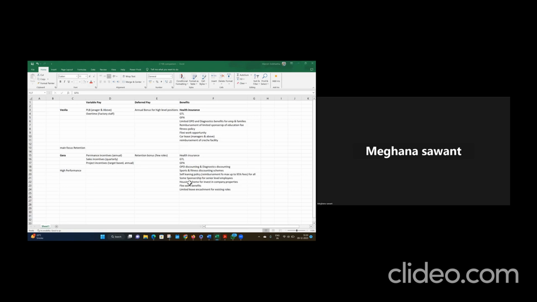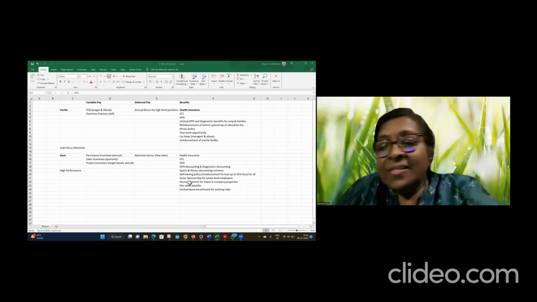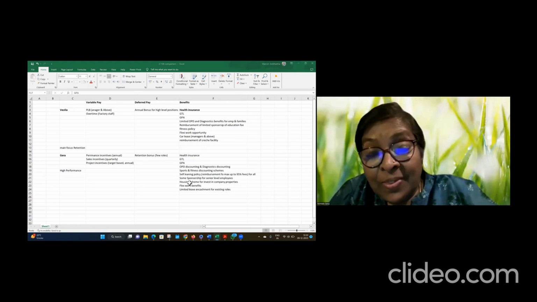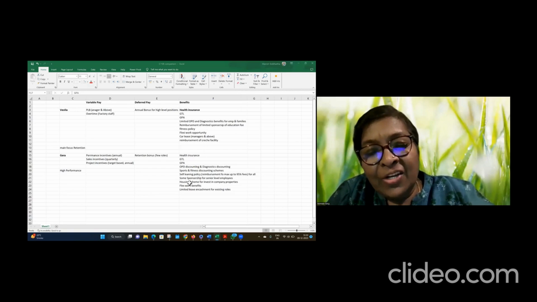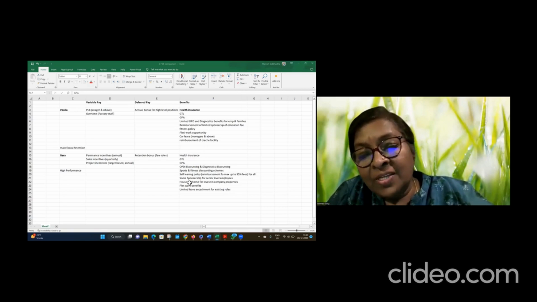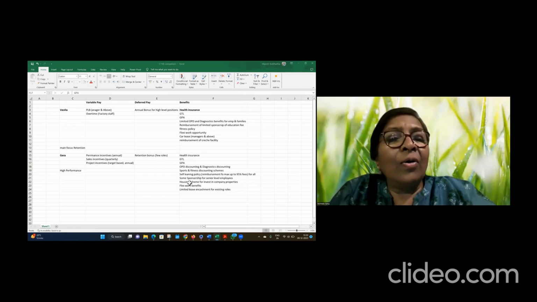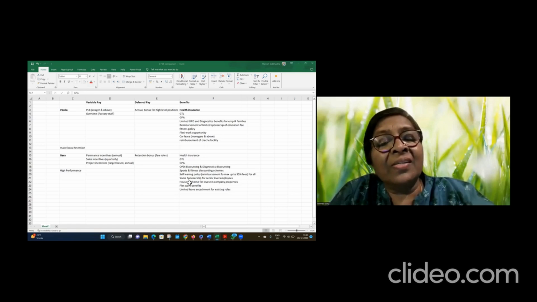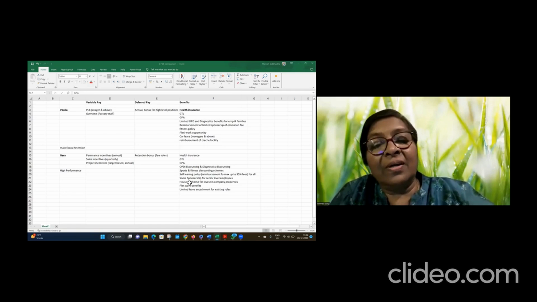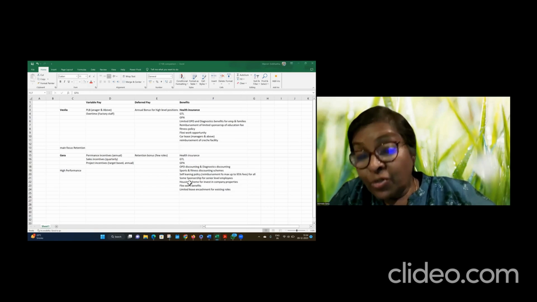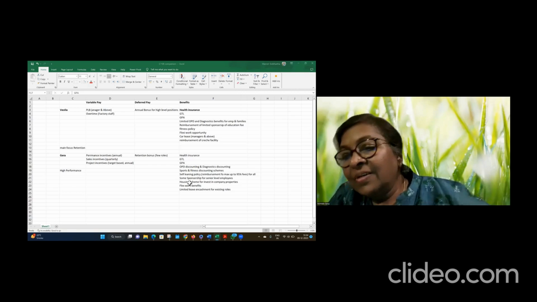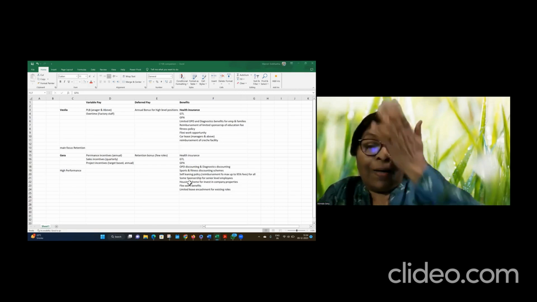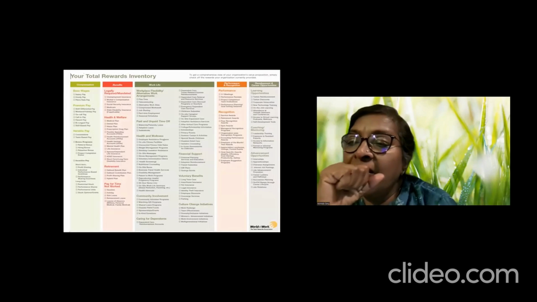If you notice for the other groups and the other participants as well, there's a very good linkage. The focus is definitely on retention and also on high performance, because everywhere there are time bound project incentives, etc. If you look at the entire component mix, it has both high performance and retention. A good mix.